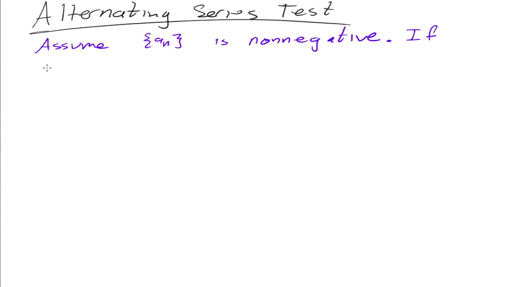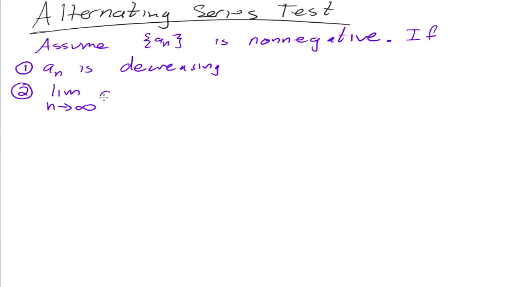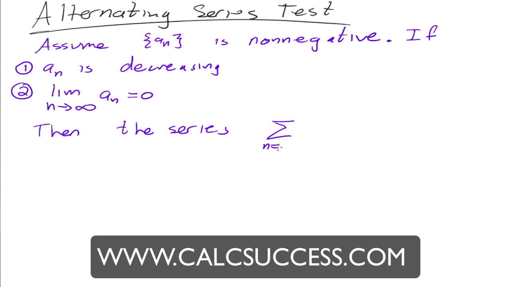If A sub n is decreasing, and the limit as n goes to infinity of A sub n is equal to 0, then the series n equals 1 to infinity of negative 1 to the n plus 1 times A sub n